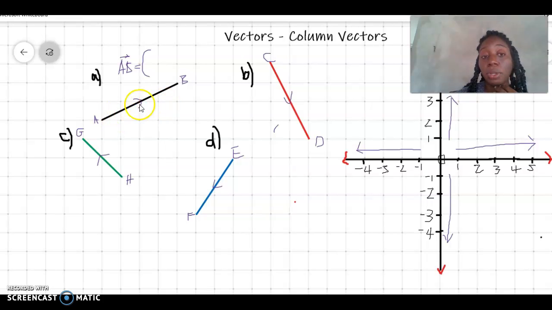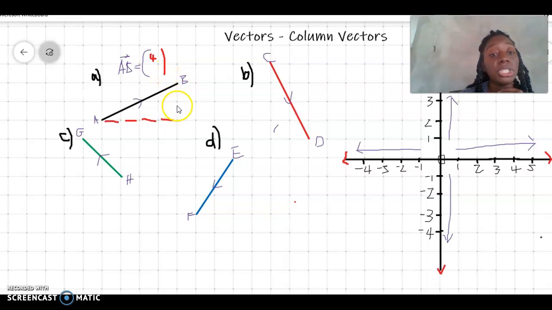The horizontal shift: if you notice, we're moving from A to B, so the horizontal shift would be a shift moving towards the right. If you can recall our Cartesian plane, if we're moving towards the right, then our number should be positive. So let's count the shift. That will be 1, 2, 3, 4. So our horizontal shift is equal to 4,